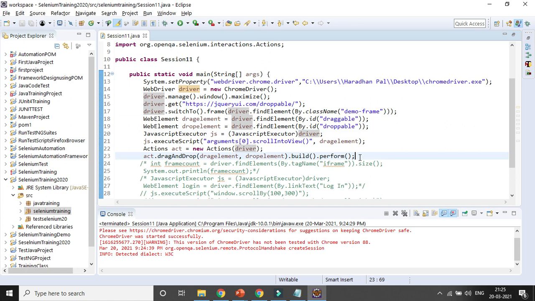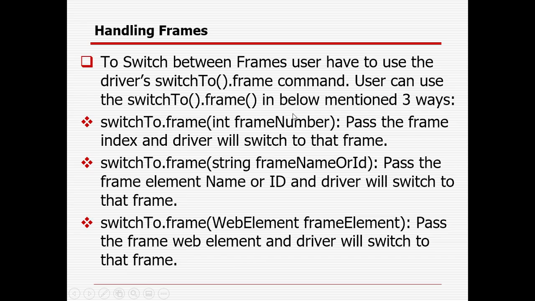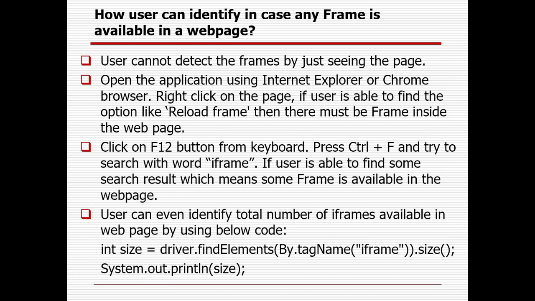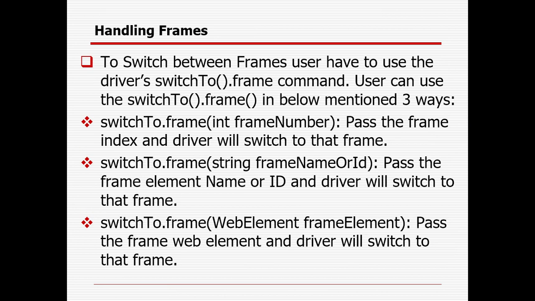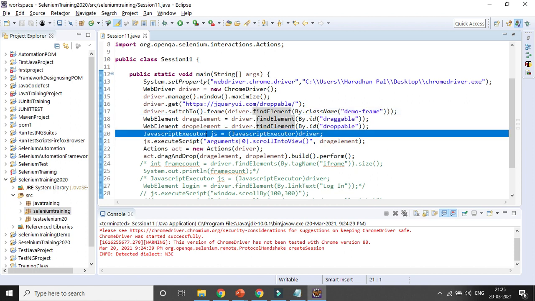Okay. So this is the important thing, you need to really know how to handle the frame. Here you can get to know three different things: whether any frame is available or not, what a frame is all about, how you can print the size of the frame and how you can validate it. And once the frame is there, you need to handle the frame, and if you want to drag and drop something, this is also covered here. And in the first topic, I covered how to move your cursor or scroll bar to a particular element. So these are the important things covered in the first two topics.